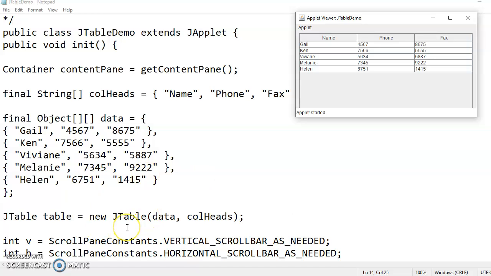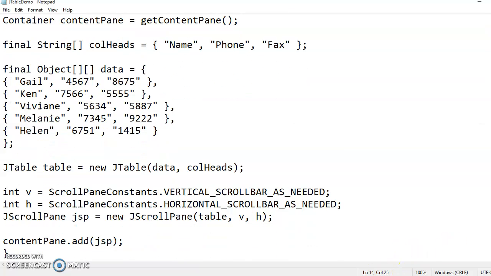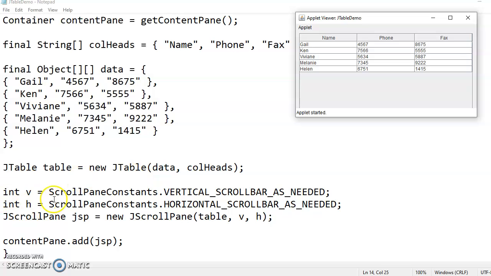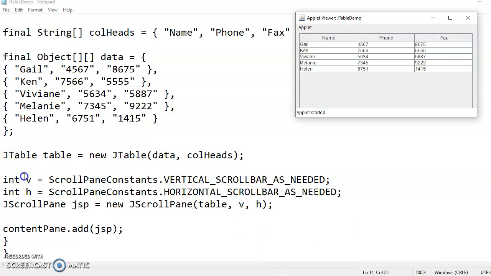So again, these are the lines of code to create the scroll panes. So what are you doing? We are creating two variables, v and h, with a scroll pane constant value as needed. We don't want scroll bars always, because we don't want them displayed even if they are not needed.